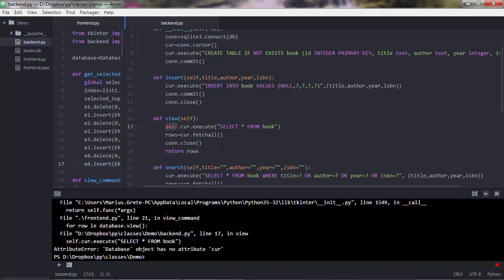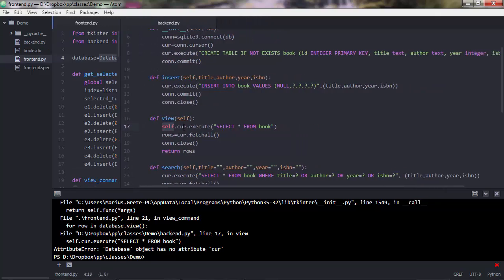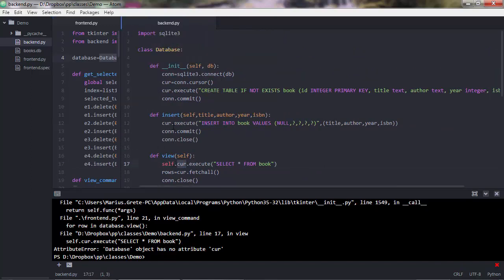So this one here, and the database object, this one is this one here. So self has been replaced by database, which is the object created by this class, and this is an attribute of this object. And to fix that, we need to create an attribute there. So we say self.cursor equals connection.cursor. So the cursor method of the connection object of the SQLite 3 library. Now if we try again the code,